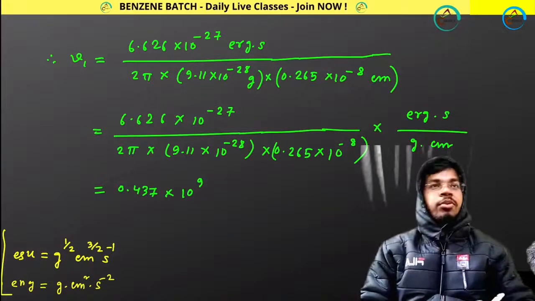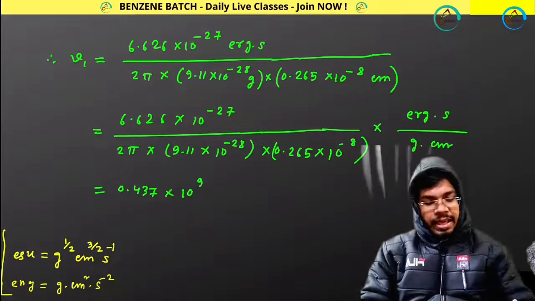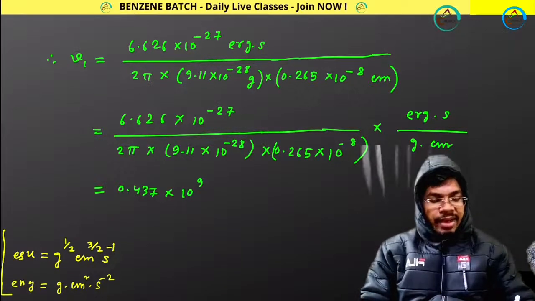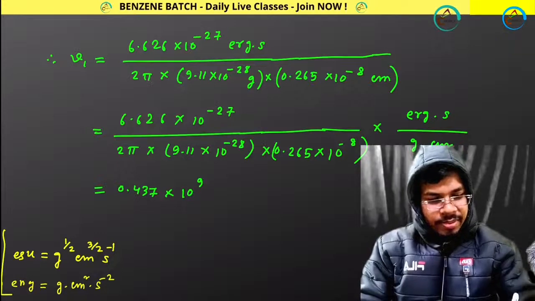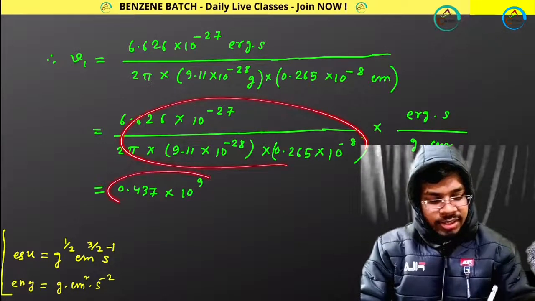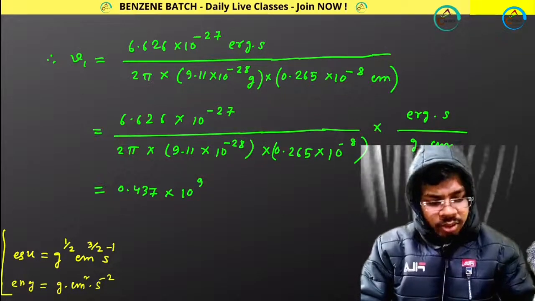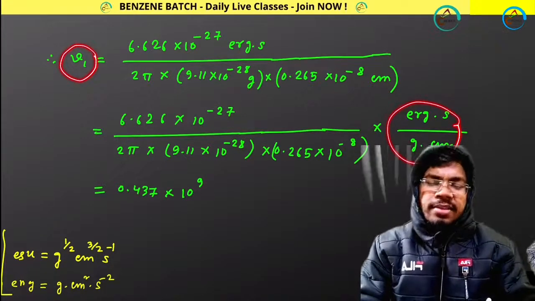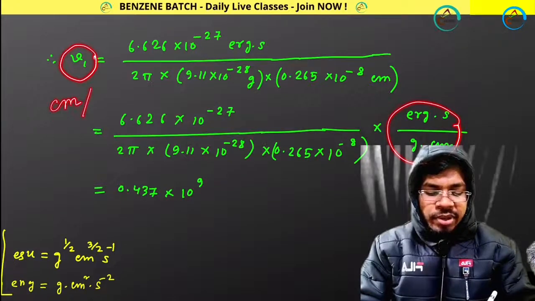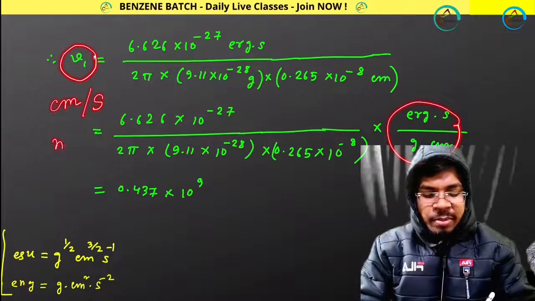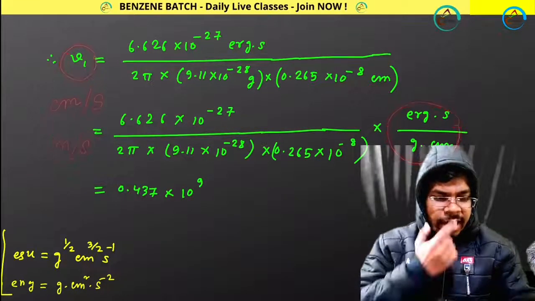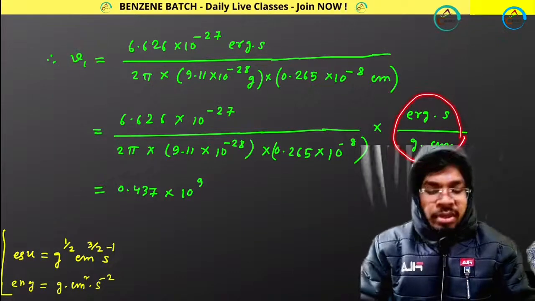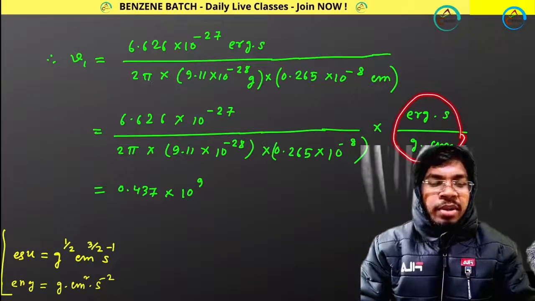I will be telling you whether it's correct or not. So Vikram is getting this value, and simply he put that value and got this one, I hope. Now from here I need to get velocity. So what is the unit of velocity in CGS? In CGS the velocity unit will be centimeter per second. In SI it will be meter per second. So here I am not getting the unit of velocity, centimeter per second.